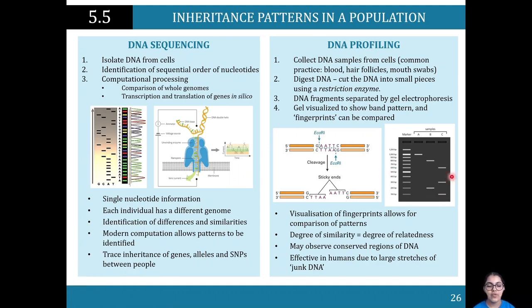Here we go. So we then have this machine called gel electrophoresis. In this process of gel electrophoresis, we put DNA here at the front of the machine, and it goes from positive to negative. We put in the DNA, we've got these samples, and we've got a marker that we use, and that DNA will then